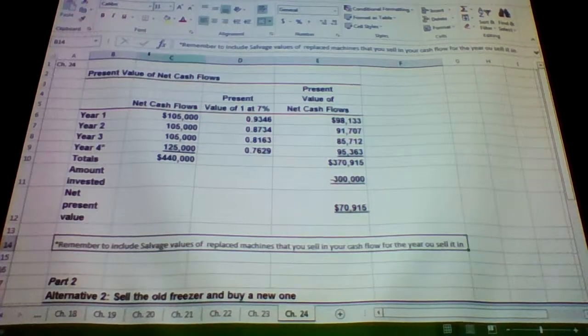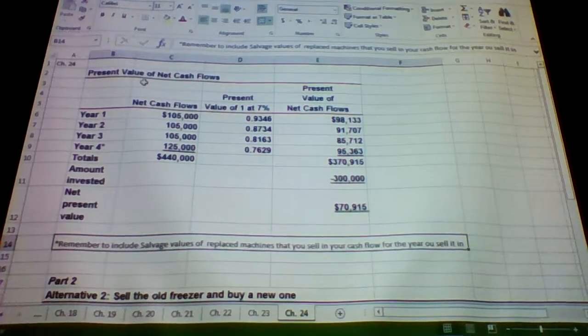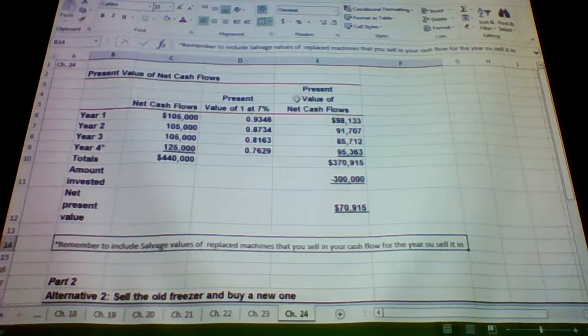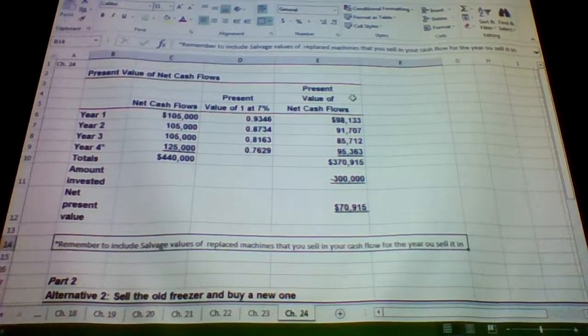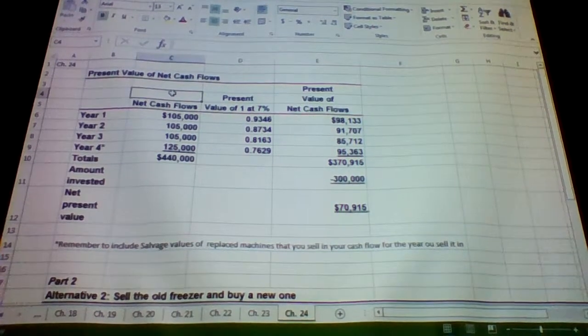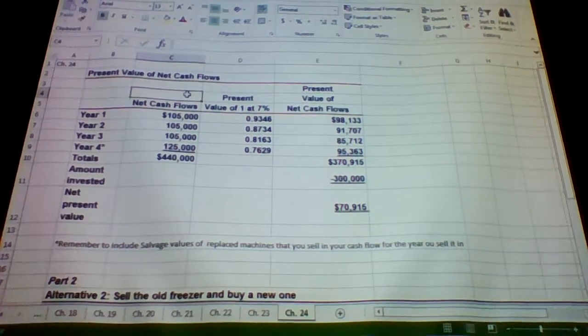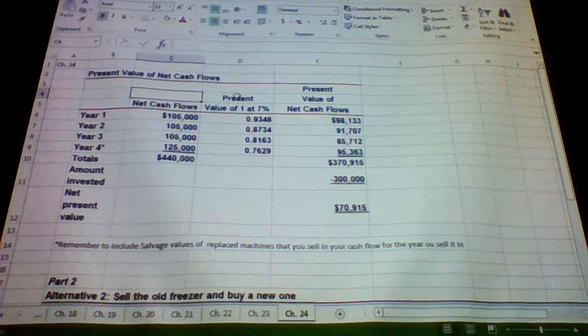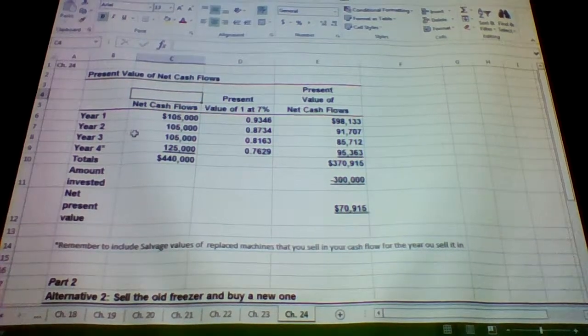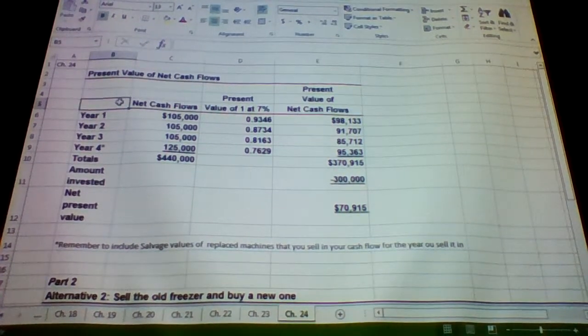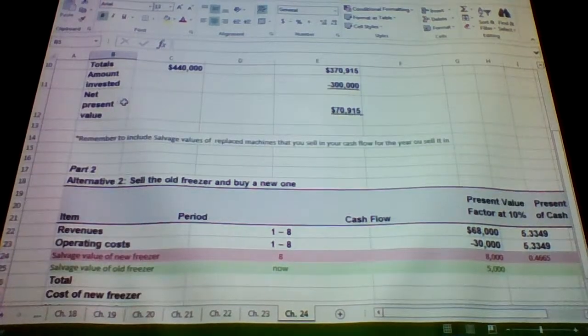And in this one, the question was sell the old freezer, buy a new freezer, or repair. And in this one, they went with repair the new freezer instead. The question was repair the new freezer or buy a new freezer. And so instead, they repaired the new freezer